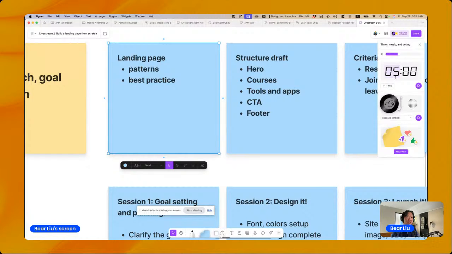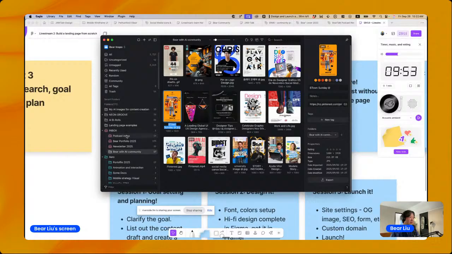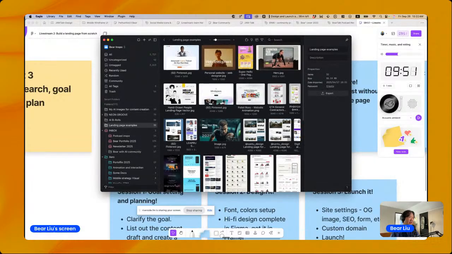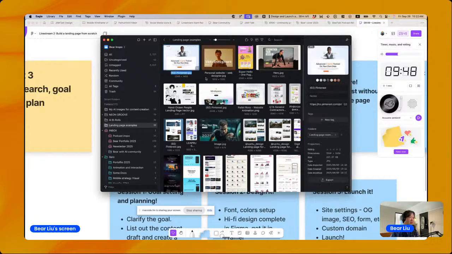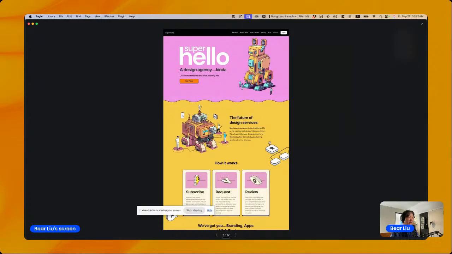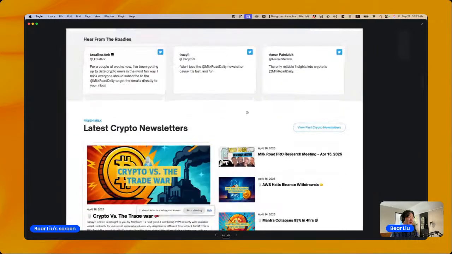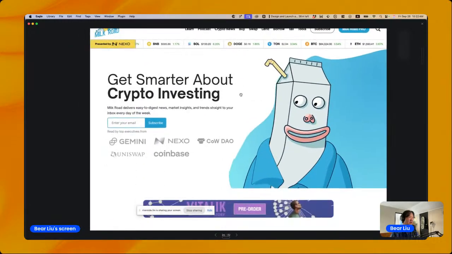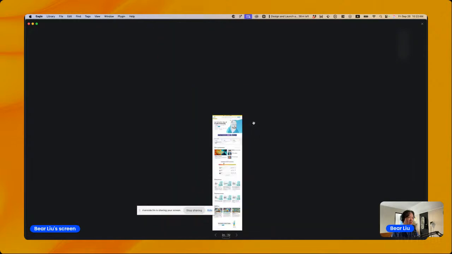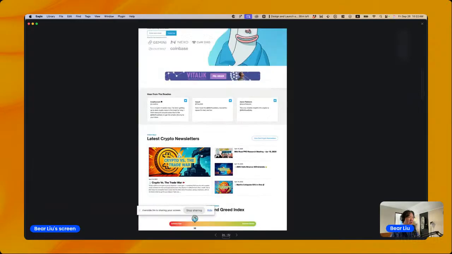So now let's spend 10 minutes because I already used a lot of time. Let's set 10 minutes for the research. On this part, I got some landing page examples. I will just take a quick look at those landing pages, see if they are relevant. Okay, that's the Milk Road landing page. And I'll see